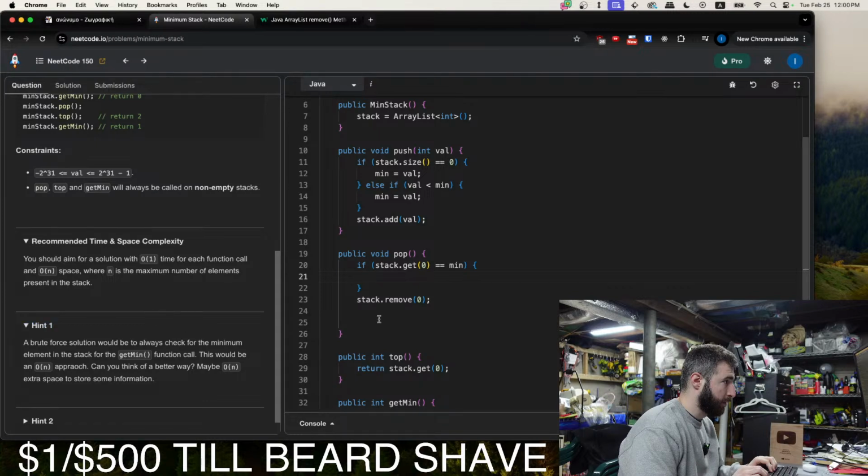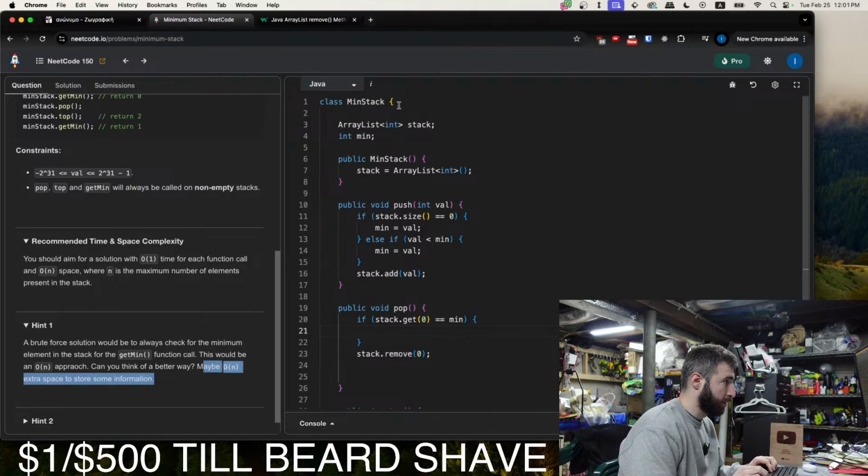Okay, we used up one hint that we already knew. Maybe this might help us: maybe O(n) extra space to store some information. That's what I'm doing, a little extra space. I keep track of the min variable, but how do you update it when the min element gets popped?